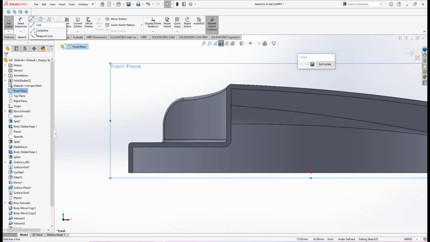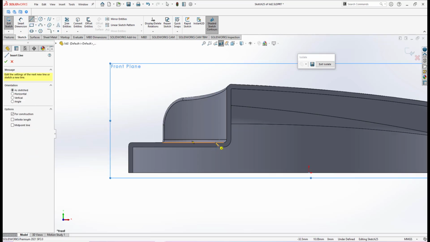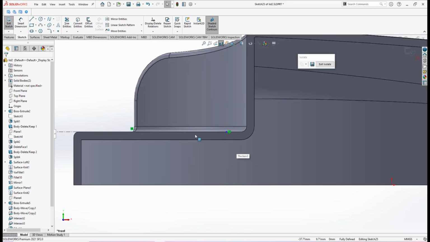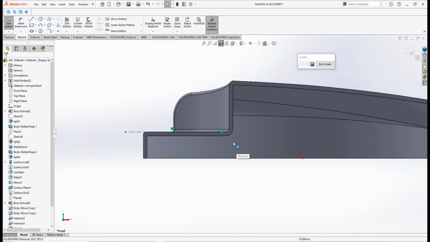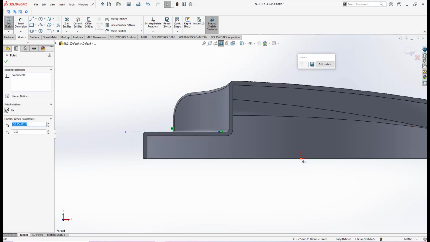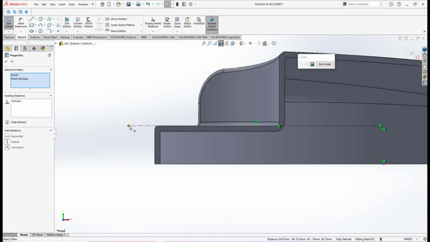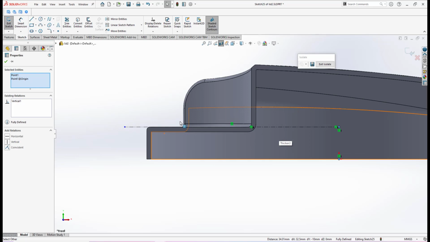I create a center line, as long as it coincides with this edge and somewhere around here. Alright, and this endpoint I will make it coincide with this origin point,